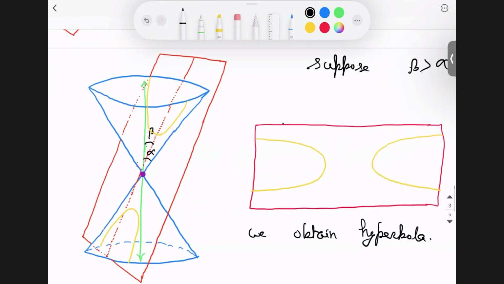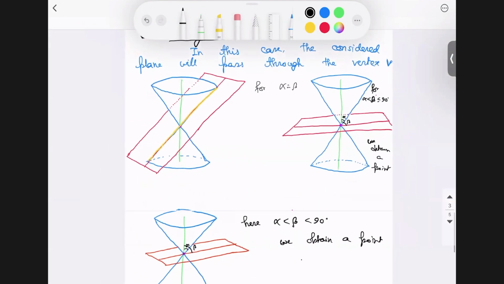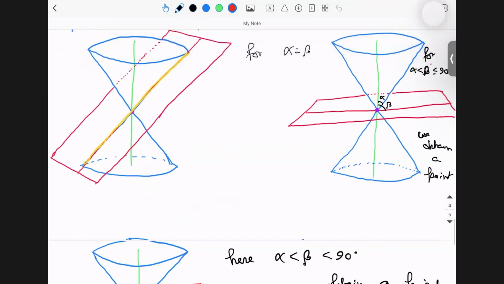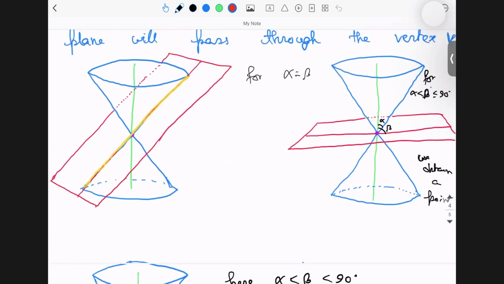When we have beta and alpha equal, alpha equals beta, in that case we obtain a straight line. Here you can see this first figure. So up to beta less than or equal to 90 degrees and greater than or equal to alpha, we have done. Now what if